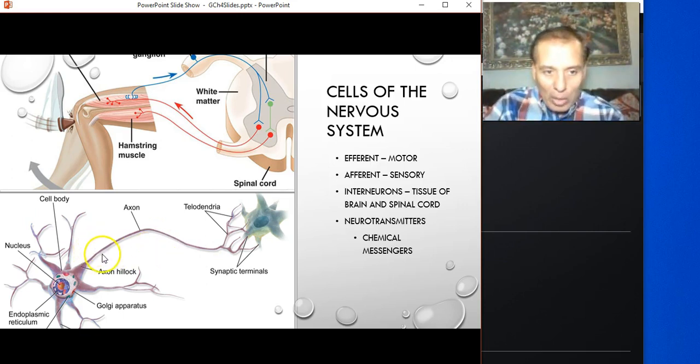Again, the part that you are not seeing on this neuron are the little segments of myelin, which go all over the entire axon. In between each segment of myelin and the next, there's a little gap called the node of Ranvier. You'll find it in your textbook. I won't go deeper into this because you'll have anatomy and neuroanatomy to go deeper into these things.